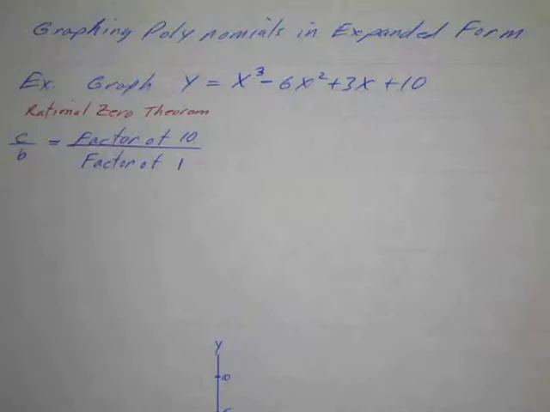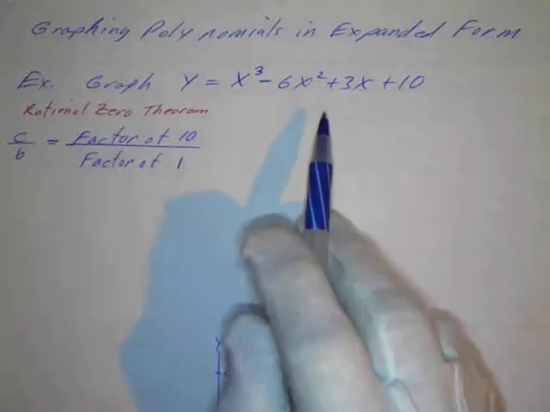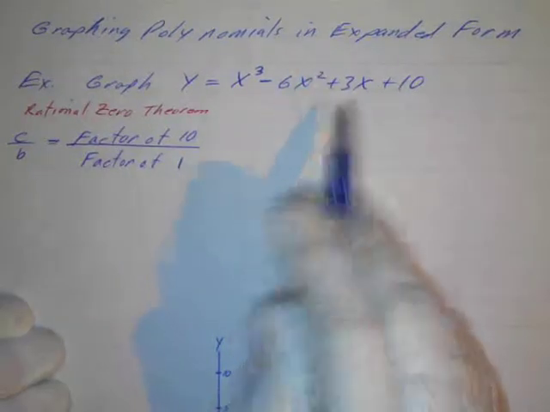Okay, here's some examples of graphing polynomials in expanded form. Now, we've already graphed polynomials in factored form. That's not too difficult. But when they're expanded like this, we need to get them into factored form so we can graph them. And if we look at this, first thing we always try is a four-term grouping